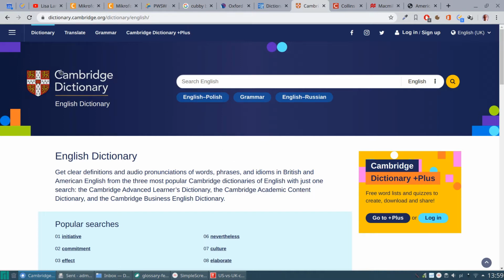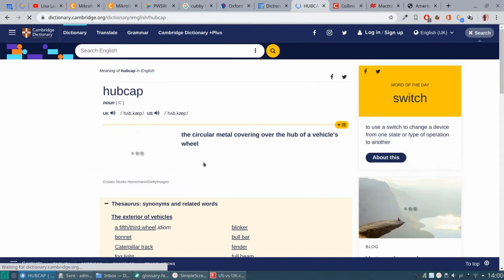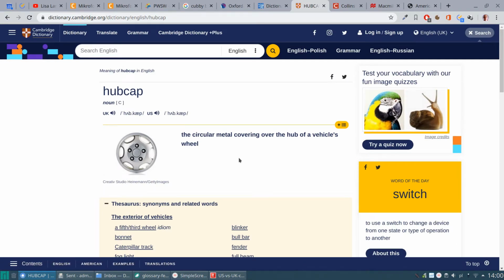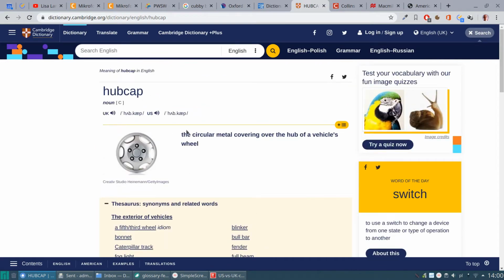those famous dictionaries like Cambridge, Oxford, Collins, Macmillan, and so on, they also include the American terms, and they actually indicate whether a term is used in one variety, in just one variety, or mainly in one variety, right? So it's quite easy to check. So if I type in hubcap here, you can see that